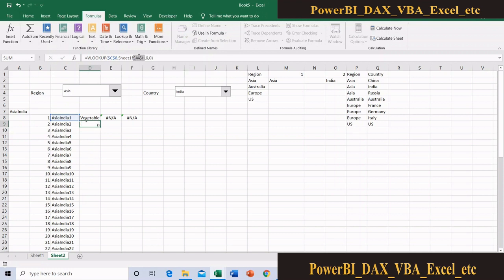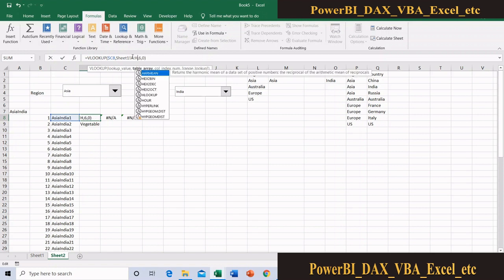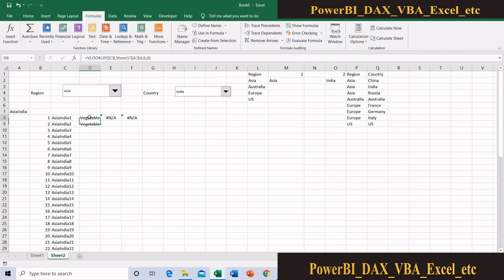Here I need A to H, either put the dollar symbol or press F4. Vegetable.